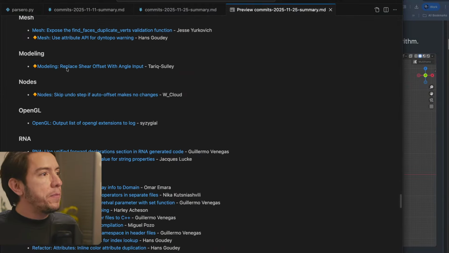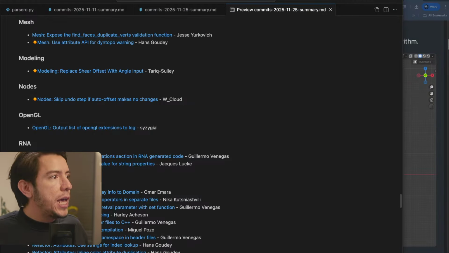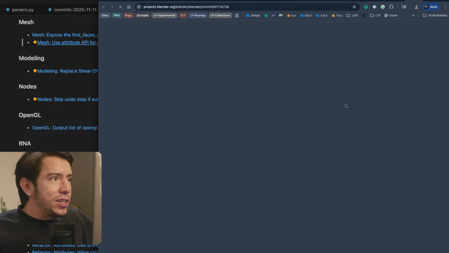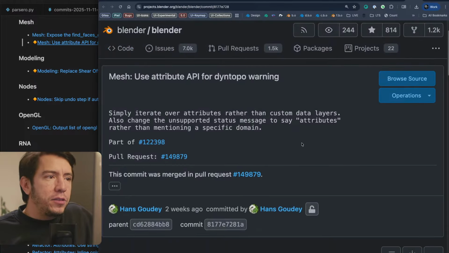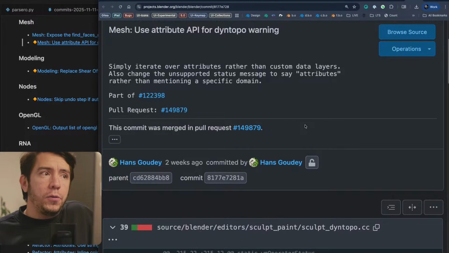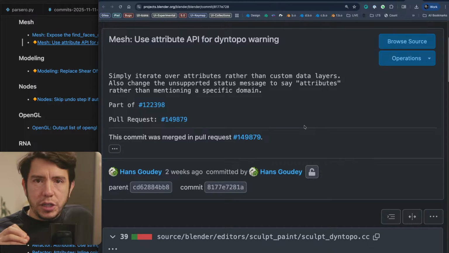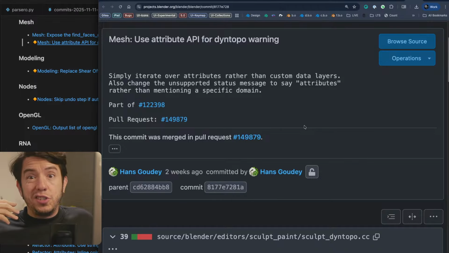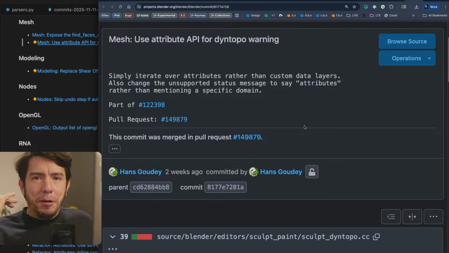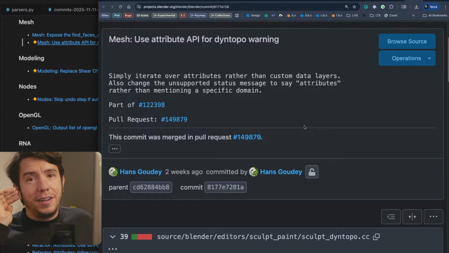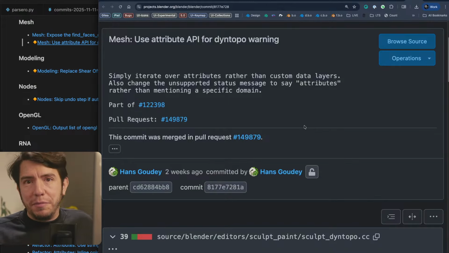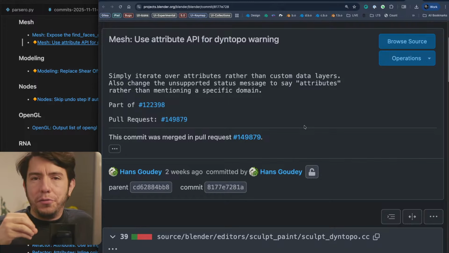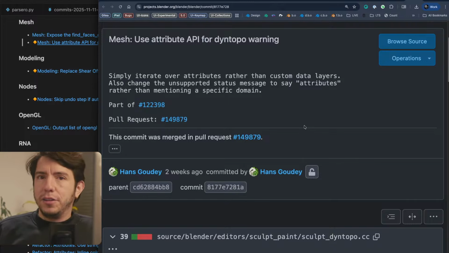Okay, next. Let's see, M for mesh and modeling. One small change, the Dyntopo. You know, when you enable dynamic topology, Dyntopo, it opens this dialog that just yells at you, watch out, you have UV maps or vertex colors or other kind of data or mask data in your mesh.